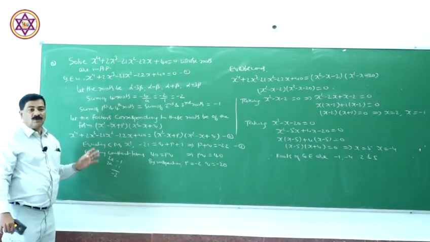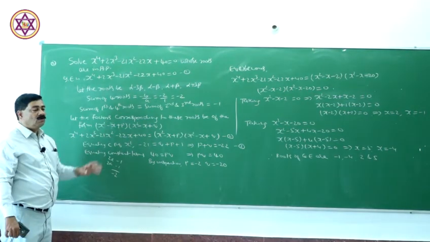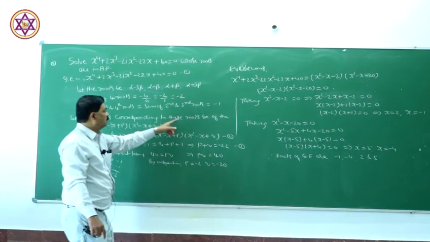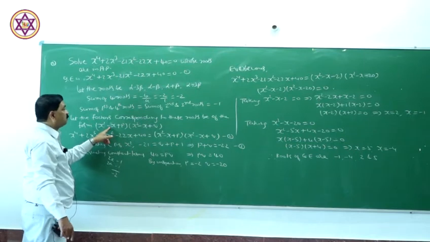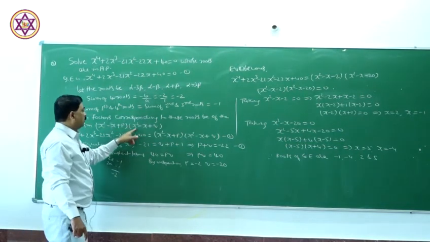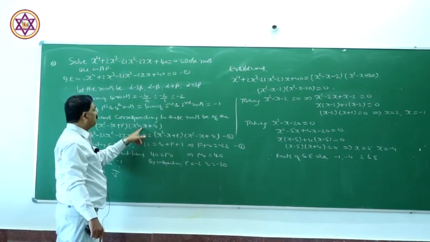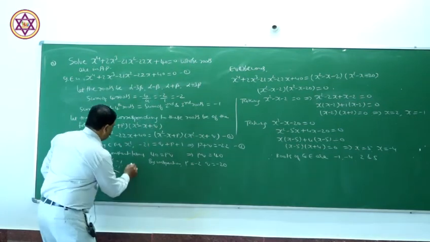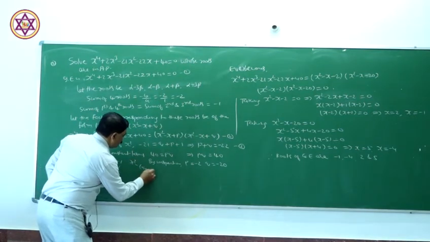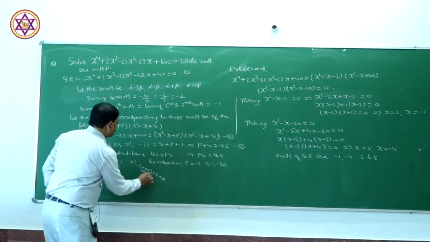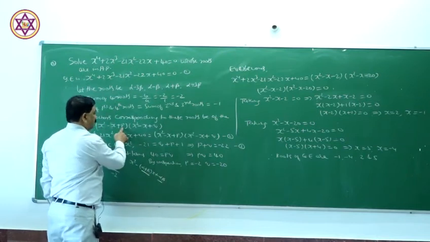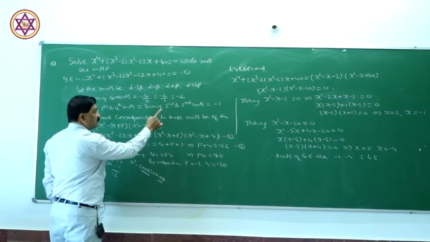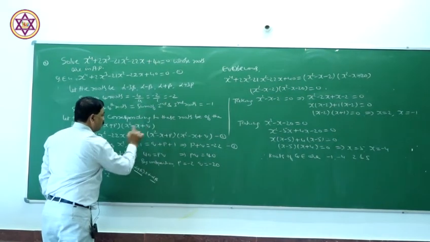So the sum of the two roots is equal to minus 1. Let the factor corresponding to these roots be of the form x squared minus (alpha plus beta)x plus alpha beta. Here alpha plus beta is minus 1, so the factor is x squared minus x plus p, where I take the product as p. Again here, the sum is minus 1, and the product is equal to q.